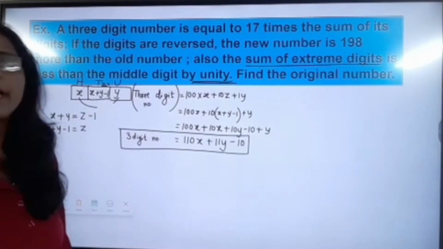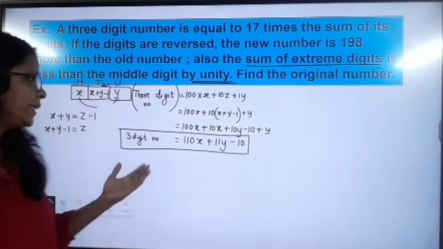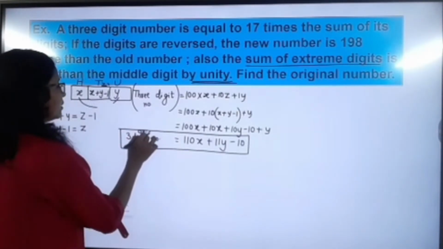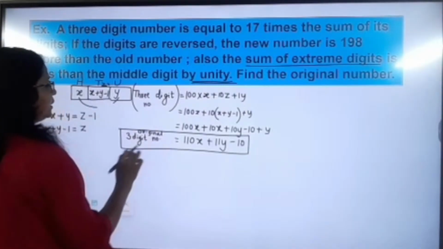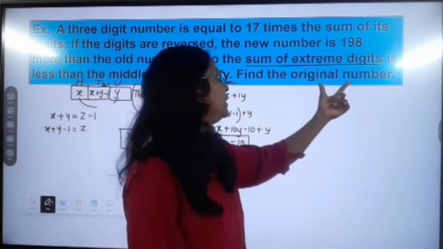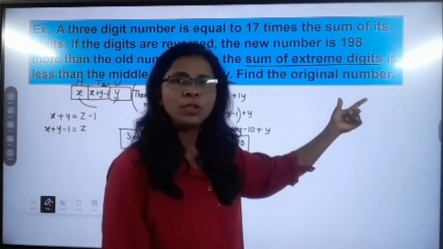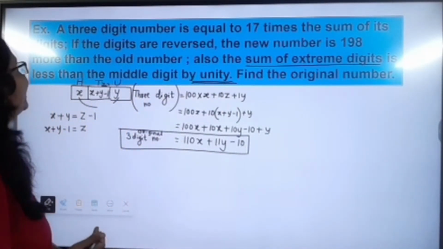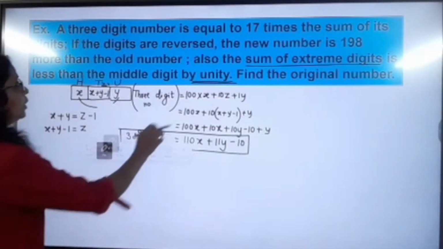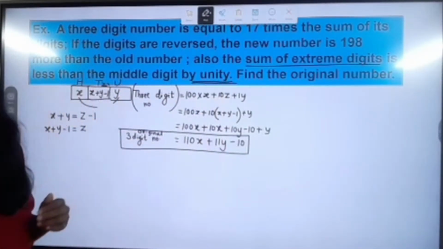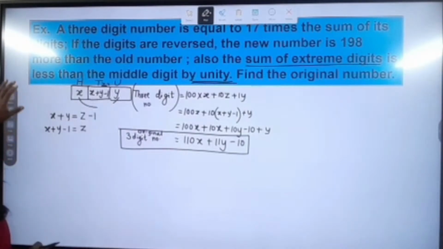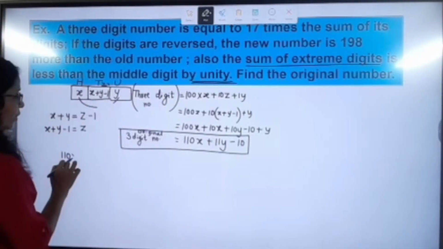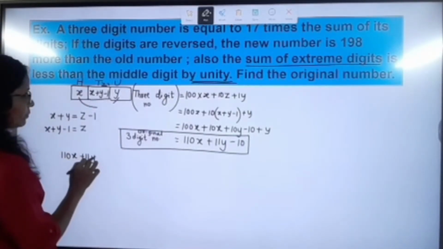Then now we have to apply the condition. Here I write down the original 3-digit number, because the question mentions to find the original number. Okay students, then apply the condition. By applying the condition, the 3-digit number is 110x plus 11y minus 10